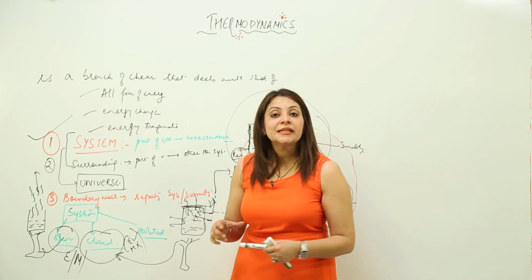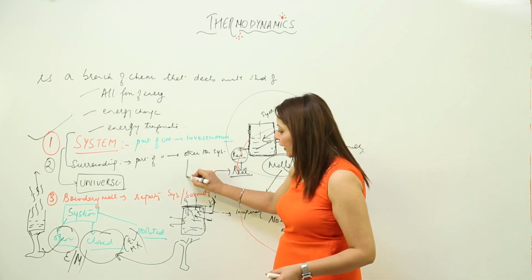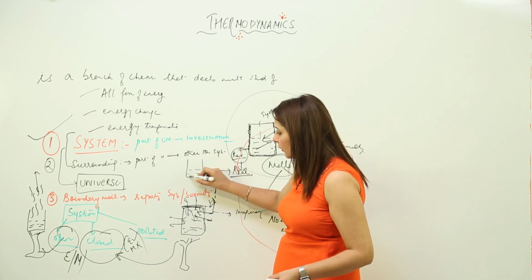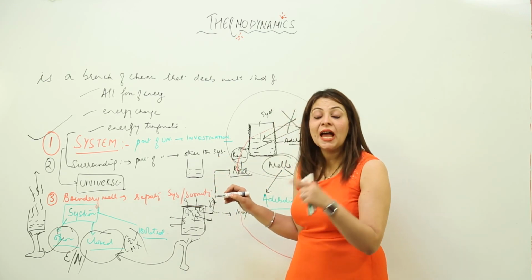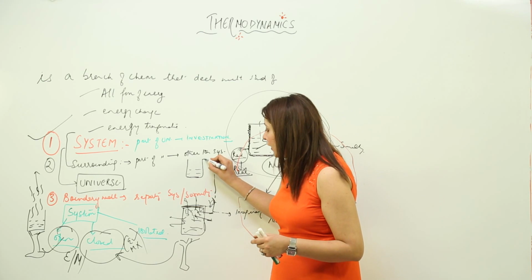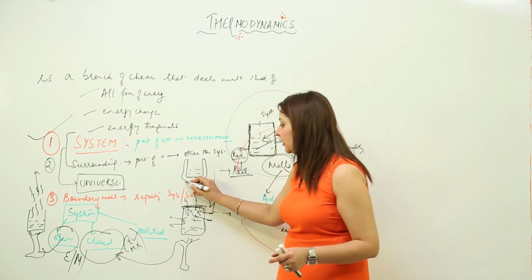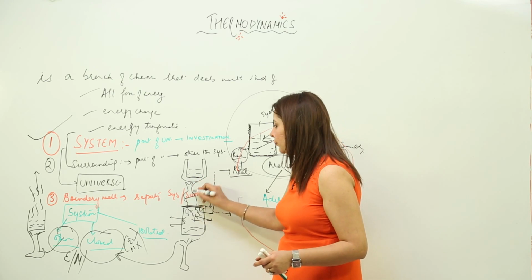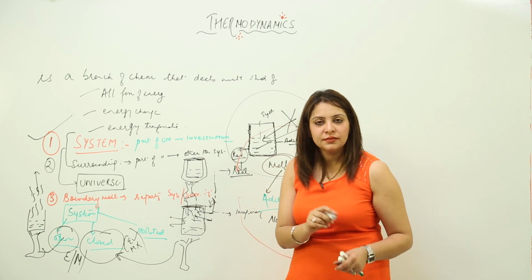Now the third one is the isolated system. In the same way, I am going to take a flask with water. This time, the flask has adiabatic walls. And you know what adiabatic walls are: they do not allow the exchange of energy, neither to come in nor to go out. And I am closing the lid also, with the same adiabatic substance.